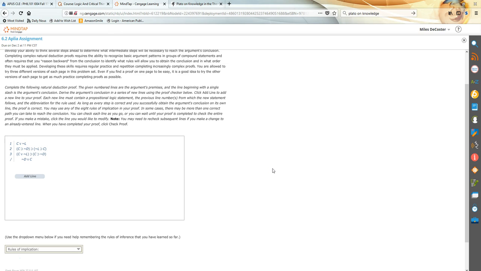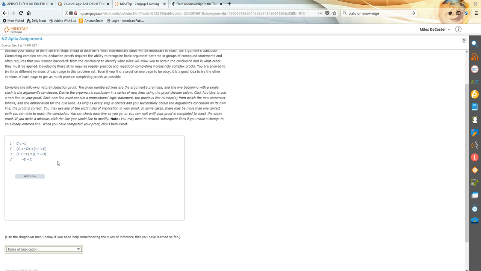But as we add more rules, it's going to become more and more important that I approach each proof with a kind of strategy by looking at the conclusion of the argument that I'm trying to prove and seeing if that either forces a particular rule to come into play or at least gives me some idea about how I need to approach things. So when I look at this argument, I note that the conclusion is a disjunction. And in 6.2, I learned that really the only 2 ways I have available to me at this point to create a disjunction that isn't already in my argument, and I note that there isn't this particular disjunction already up here someplace, is to use either